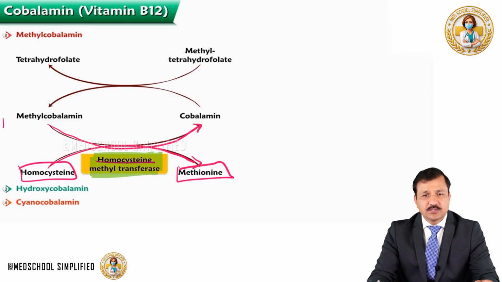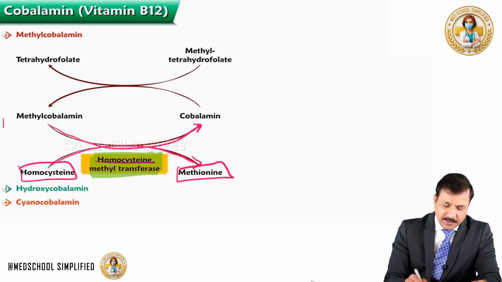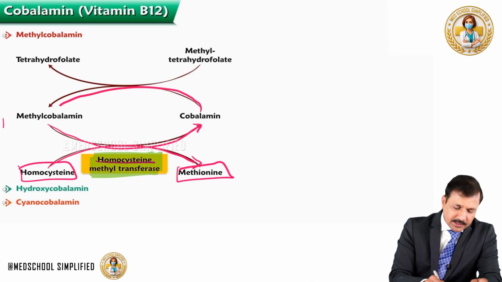So, conversion of homocysteine to methionine is a methylation process done by homocysteine methyltransferase, where methylcobalamin is converted to cobalamin. Now, what will happen to the cobalamin? Cobalamin has to be converted back into methylcobalamin,